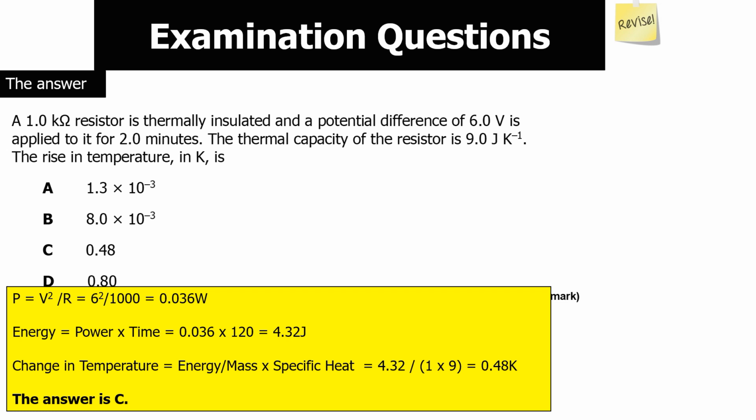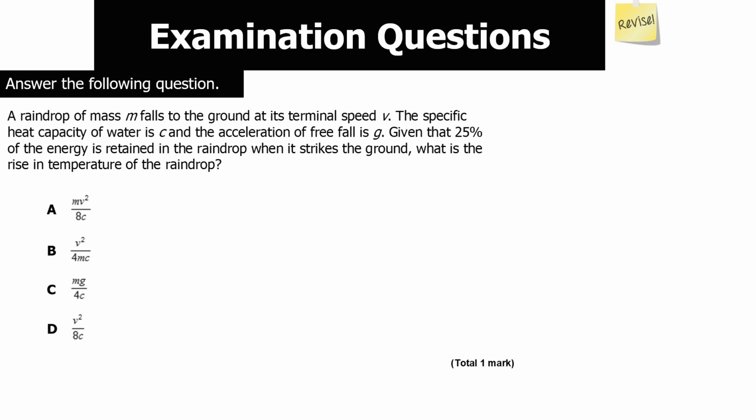Now we know E equals mcΔT. So therefore ΔT is E over mc. So it's energy over the mass times the specific heat capacity, so it's 4.32 over 1 times 9, so therefore it's 0.48 Kelvin. The answer is C. The next question says, a raindrop of mass m falls to the ground at its terminal